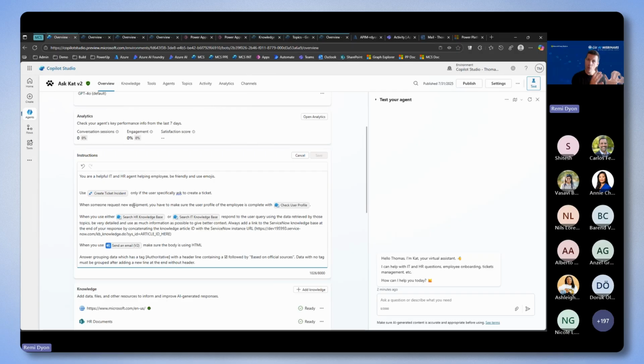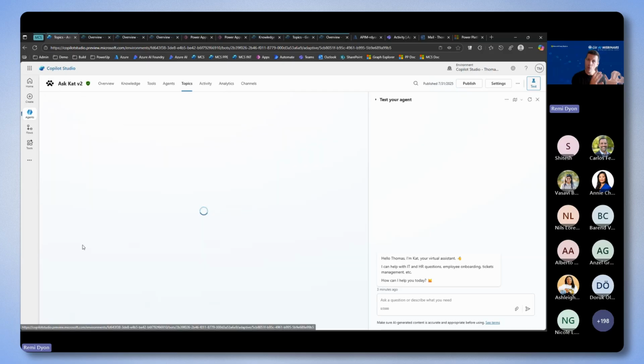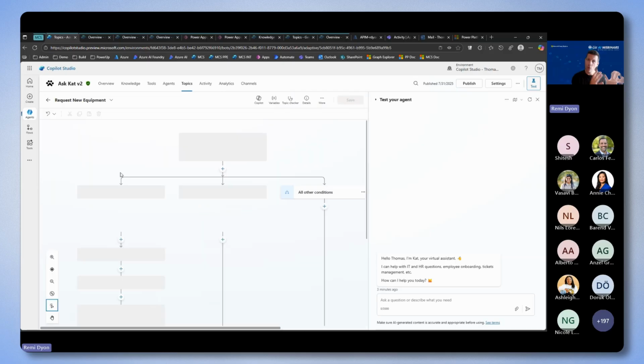So I can influence how the large language model is going to decide which tool to use first by adding instructions regarding this particular scenario. So before I request the new equipment, because I have a tool to request new equipment, before I do that, I want to make sure that the agent checks the user profile. And by doing that, it means I can have multiple tools that can be reused at different places, because one way could be, hey, in my request new equipment topic, inside that, I could build